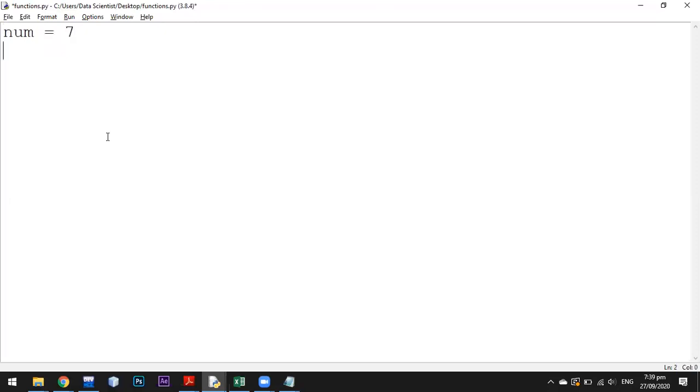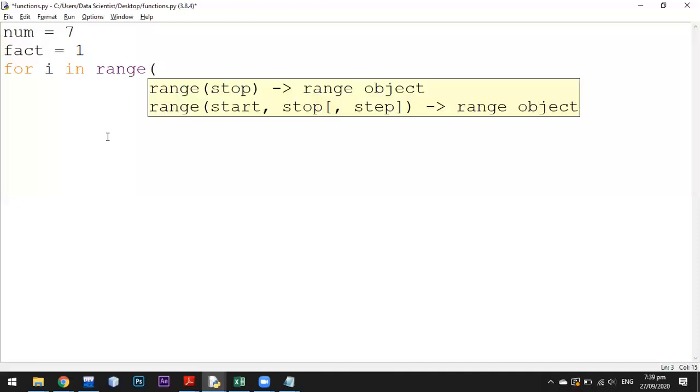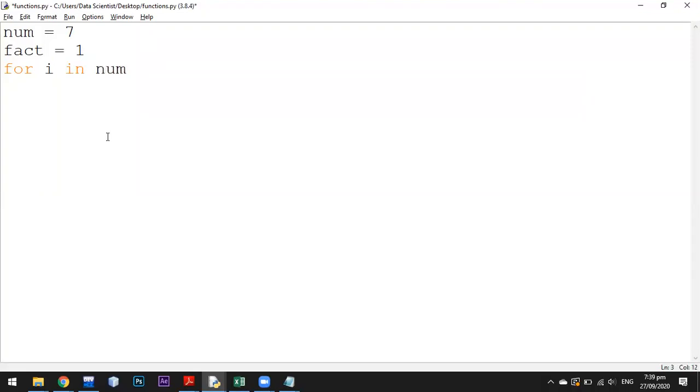I'm gonna write the code for a basic factorial program, and then fact is equal to 1. Okay, for i in num, you can say. Okay, fact is equal to fact multiplied by i. Let's make it 5. Print fact. Let's run that.